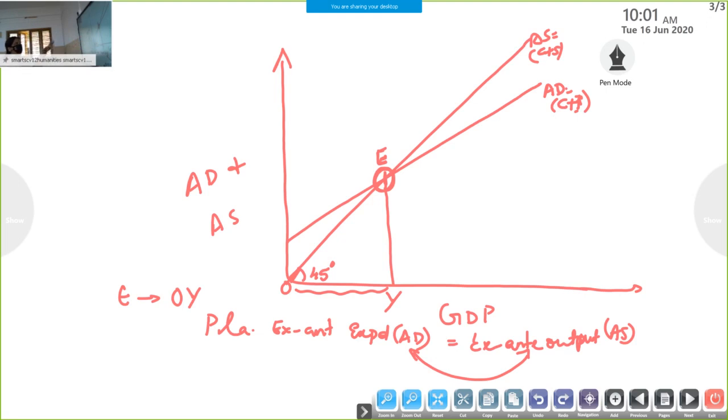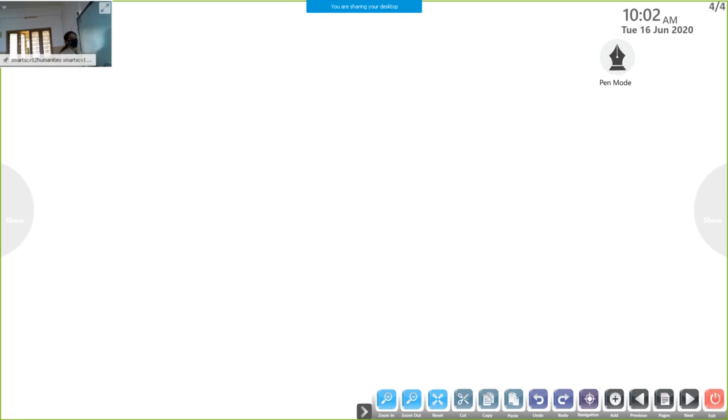Diagrammatic explanation of equilibrium level of income is like this. We just draw the diagram. What all we are measuring on the vertical axis and horizontal axis, one by one. Okay, I think you understood. Then what is the alternative level? Alternative level of equilibrium is